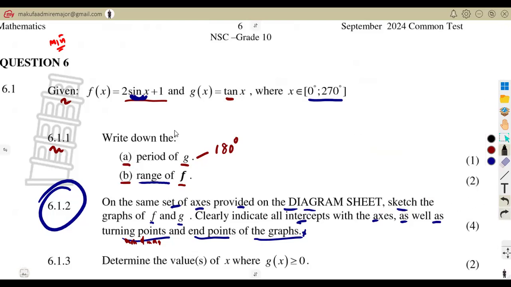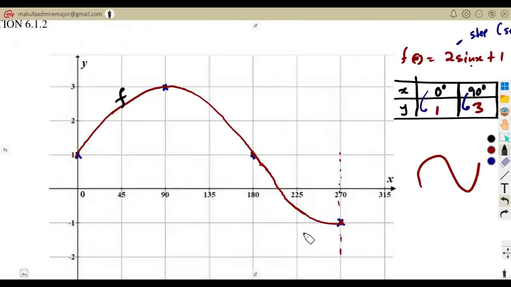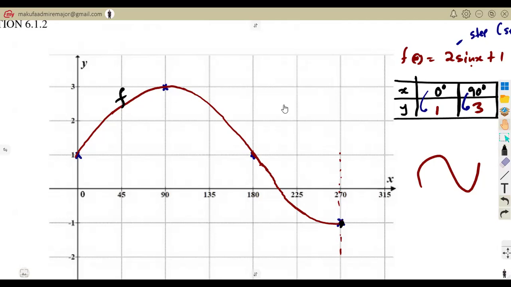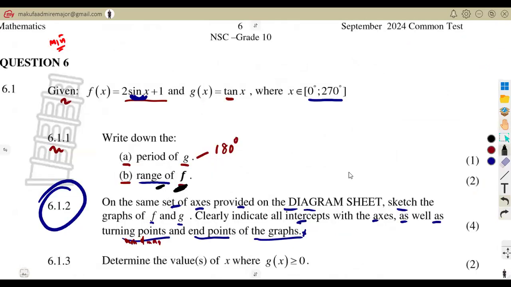after drawing, because this is the graph of f. We just drew the graph of f. Remember range, minimum to maximum. So you can even tell it from the graph. This is our graph. What is the minimum value of this function? You can see this is the minimum corresponding to what? -1. Maximum on top there corresponding to what? To 3. So as you can see, we've got the same answers from -1 to 3. So if you did not understand the previous calculations which I used on the range, you can use the graph